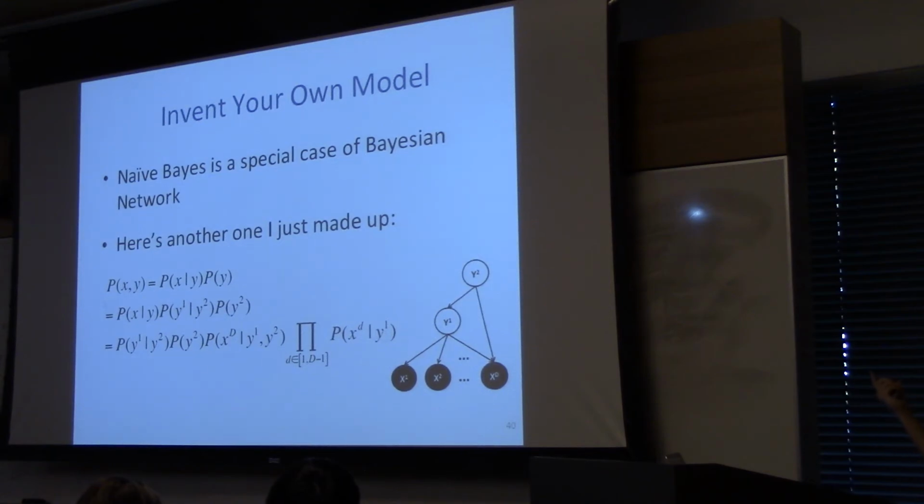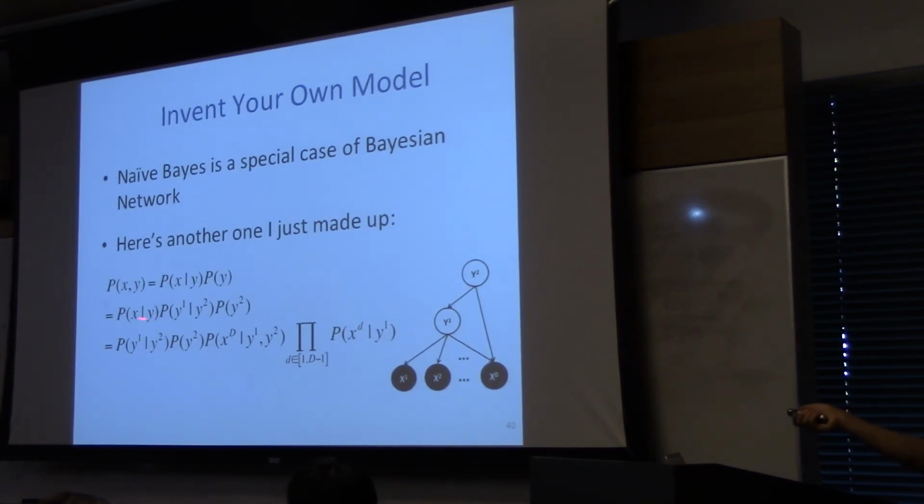You could invent your own model. I just gave you one model. Suppose, for whatever reason, I just made this one up. Suppose there are two y's that I care about, and I believe the x's were generated with a distribution that looks like this. Then given this graphical model representation, I can specify the independence structure of this distribution. For the joint distribution, y1 depends only on y2, y2 depends on nothing, x depends on both y's,